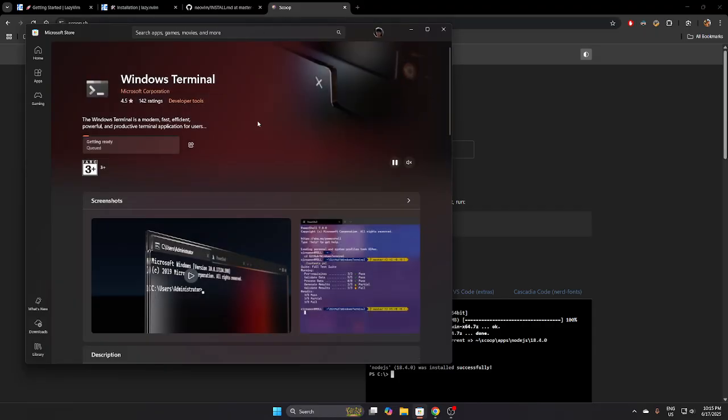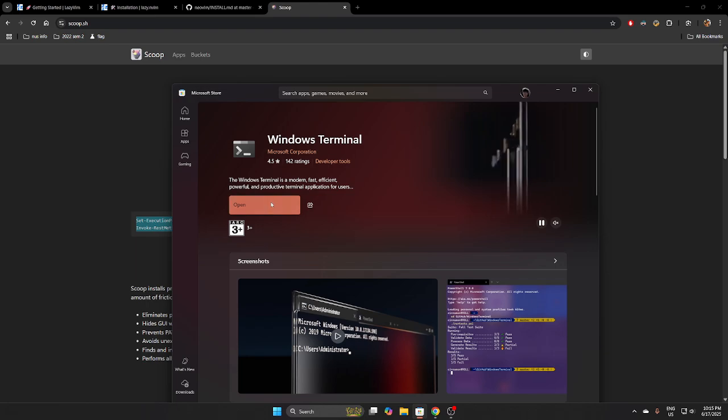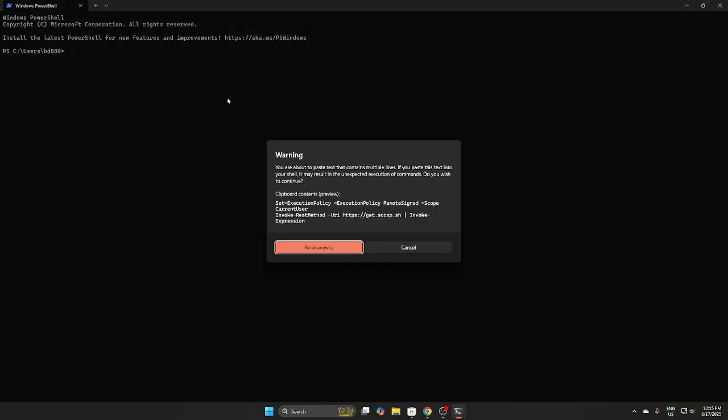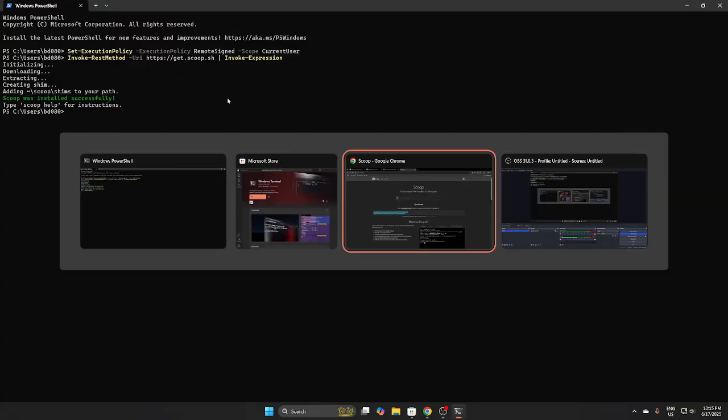Yeah, I didn't even install Windows Terminal yet. Okay, so let me install Windows Terminal. Open it and then copy paste the command over there. And after the execution, it will install Scoop for you. Okay, now